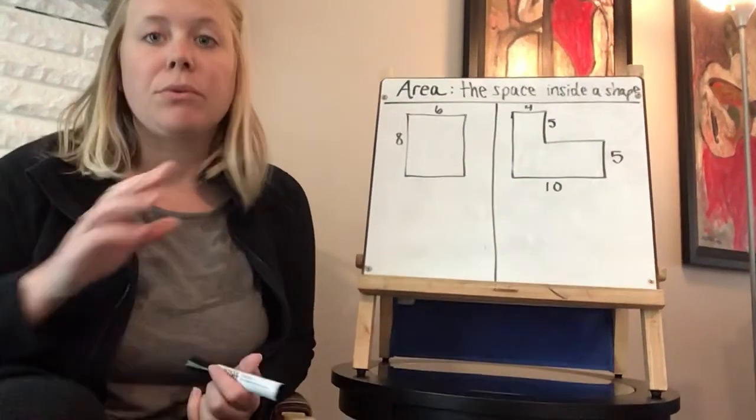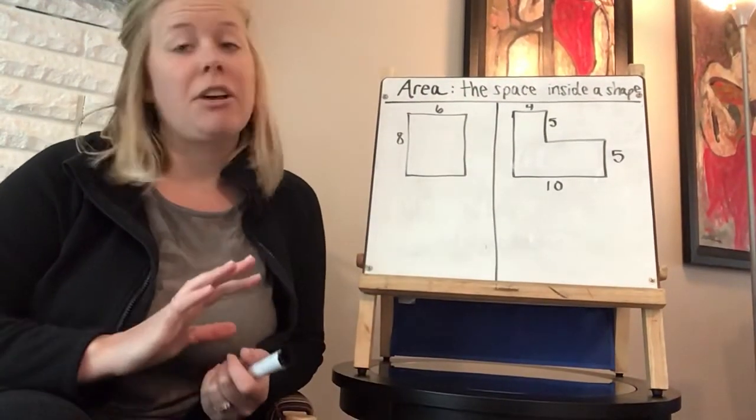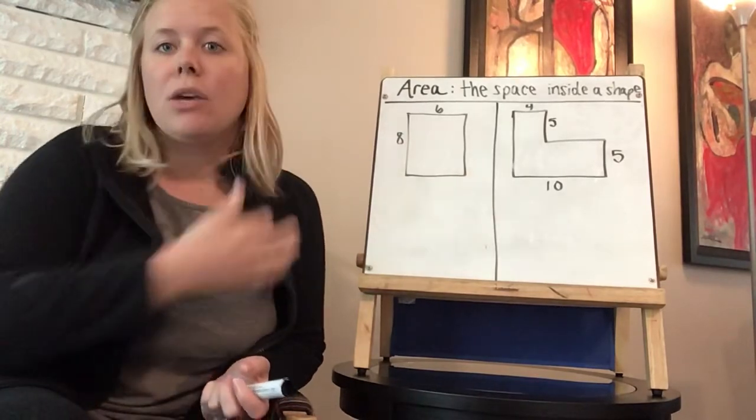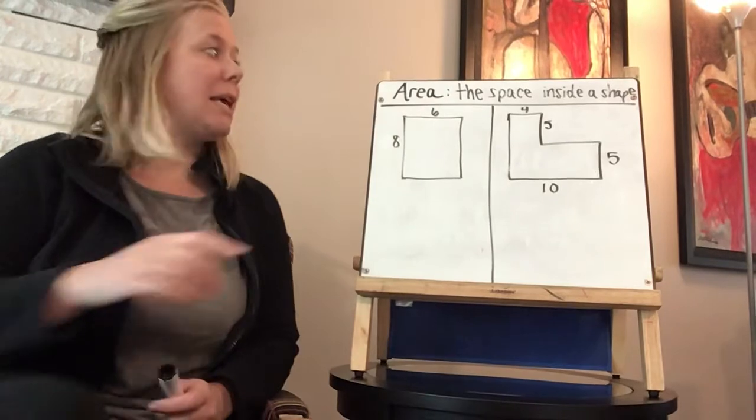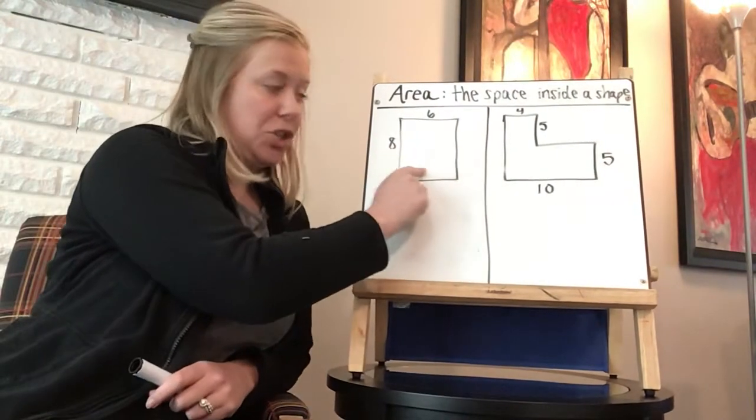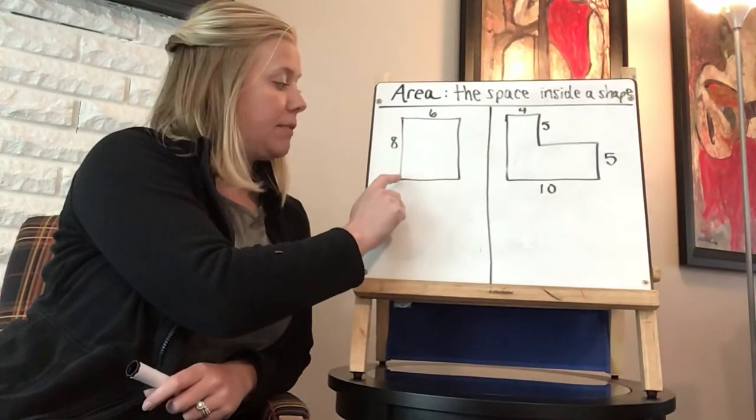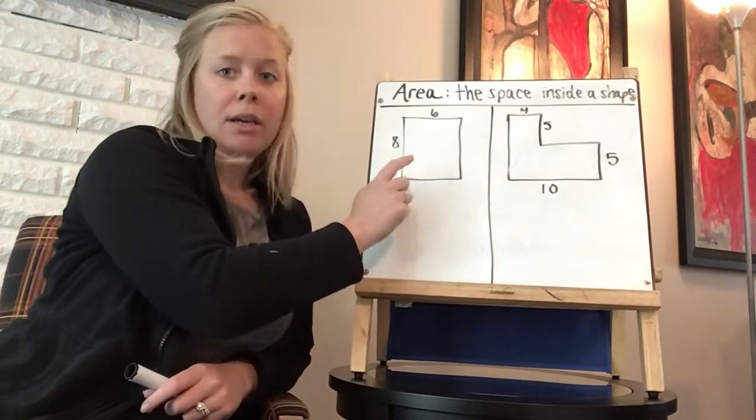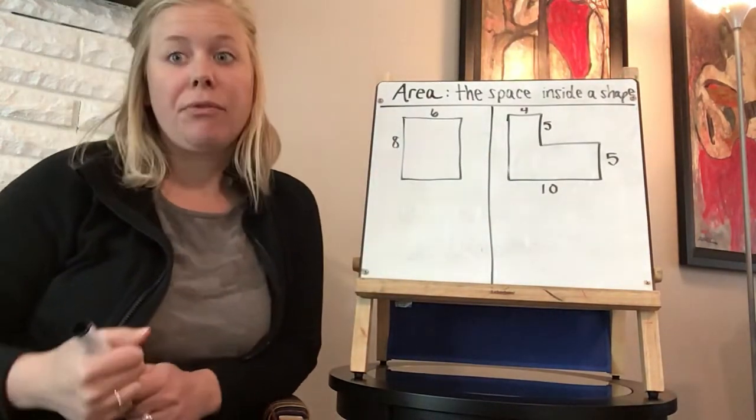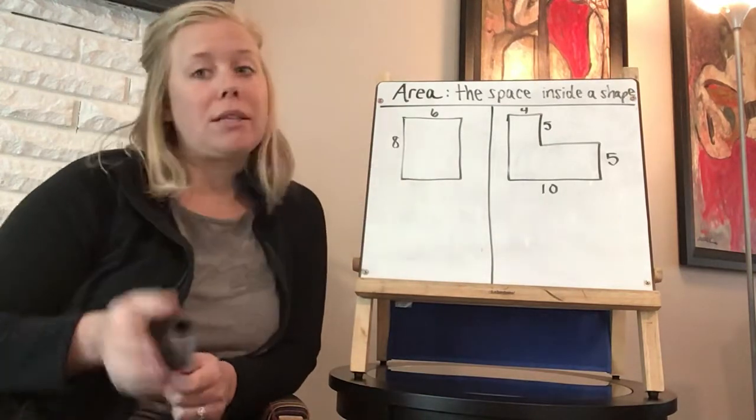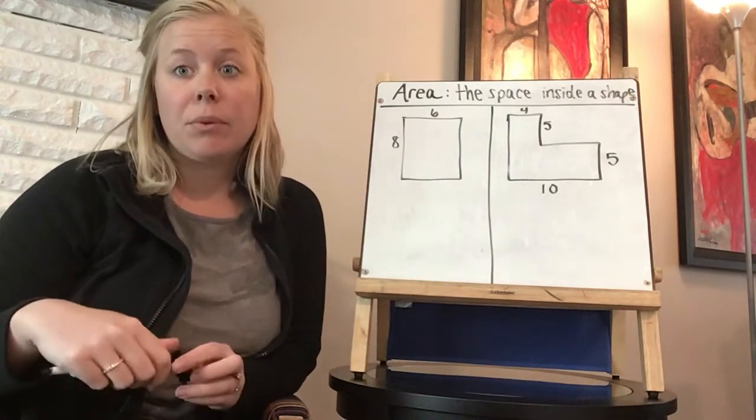Okay, I'm going to do a review of how to find the area of a shape. So remember, when we find the area of a shape, we are finding the space inside of the shape. Perimeter, which I did a video on, is the outside edges. Area is the inside space, okay? So if it is a perfect rectangle or square, what do